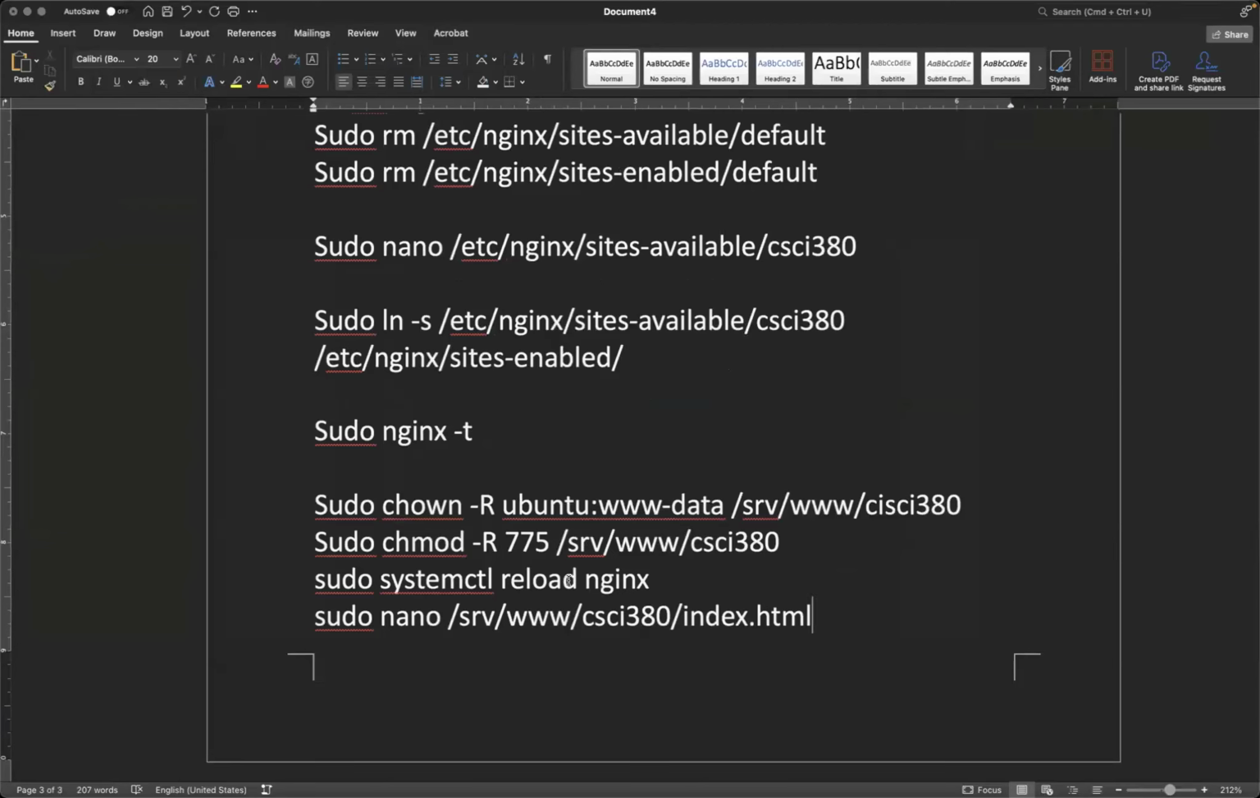Okay, right here, reload the Nginx. Hello, can you make it? Yes. Okay, so how many of you are able to change the